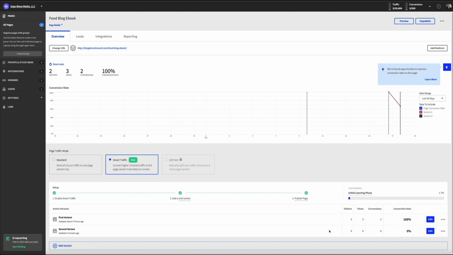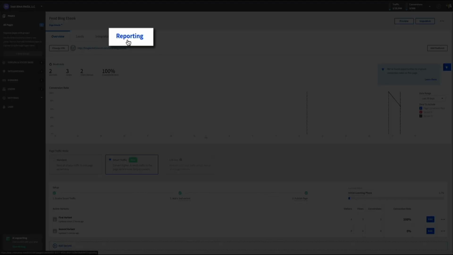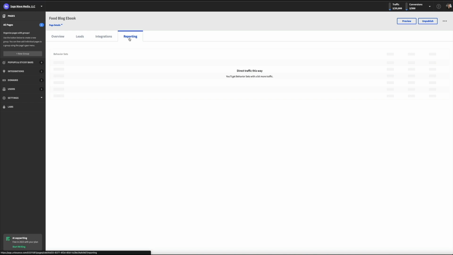Okay, the last thing I want to go over in regard to the Smart Traffic is the reporting. Once you've enabled the Smart Traffic feature and created additional variants, Unbounce will create reports on that data collected that you can access by clicking on the Reporting tab. Now, I just enabled this feature and the AI is still in the learning phase, plus I don't have any